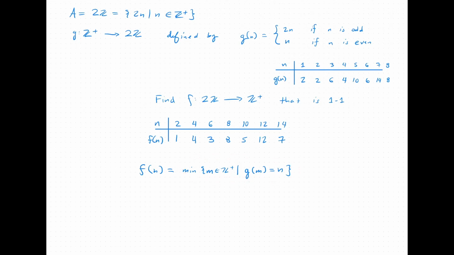Just to showcase this in a concrete sense, what this notation means, we're taking f of 2. This here is the set of m's in the positive integers such that g of m is equal to 2. And so this is going to be the set of 1 and 2, since both of those map to 2. And we just choose 1. Now the minimum,